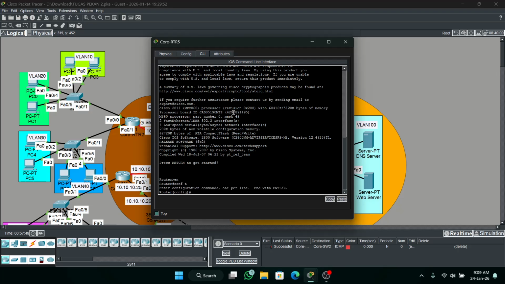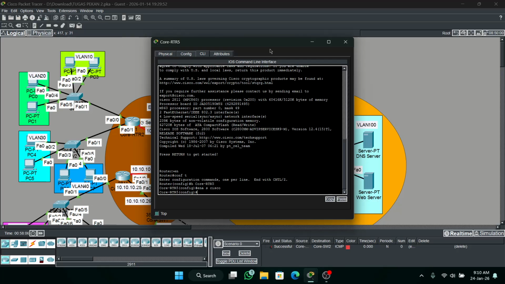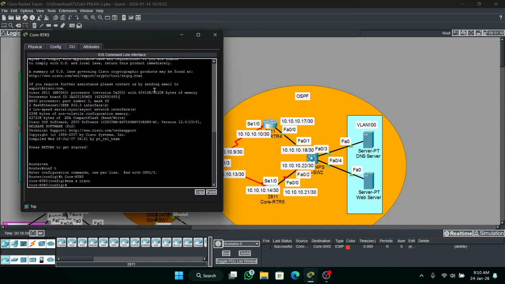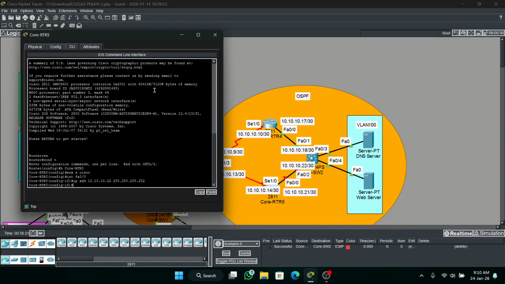Enable, configure terminal, hostname RTR5. Enable secret cisco. Okay, IP address for FastEthernet 0/0, 10.10.10.22, 255.255.255.252 and no shutdown.